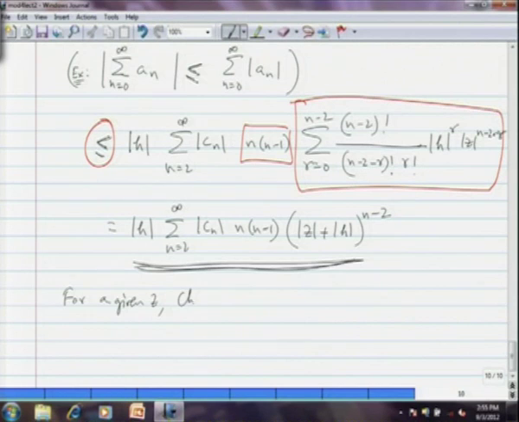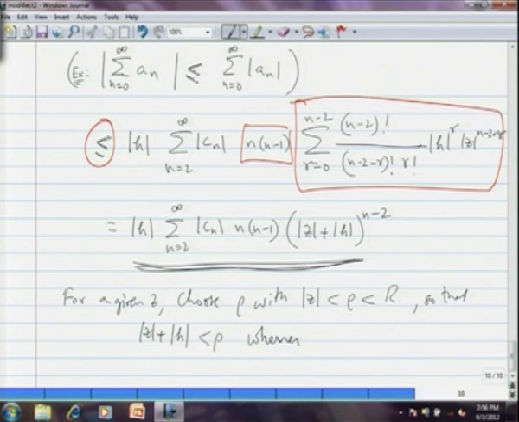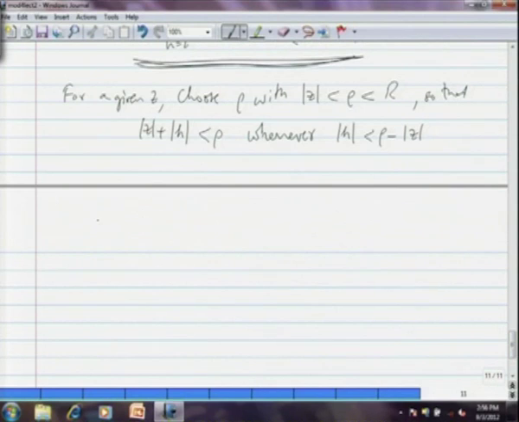z, choose rho with modulus of z strictly less than rho strictly less than r. Okay. So, that modulus of z plus h also stays within that rho. Okay. Modulus of z plus modulus of h is strictly less than rho whenever modulus of h is less than rho minus modulus of z. Okay. So, then